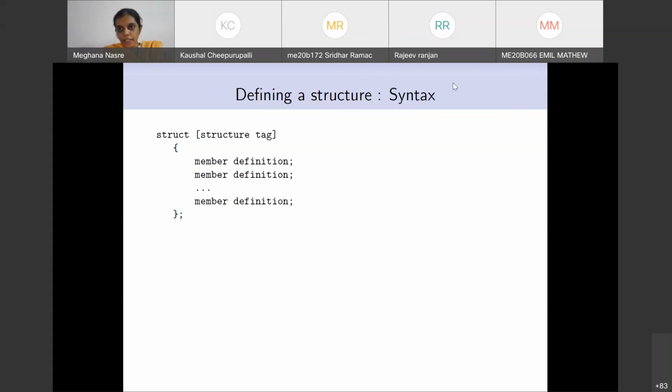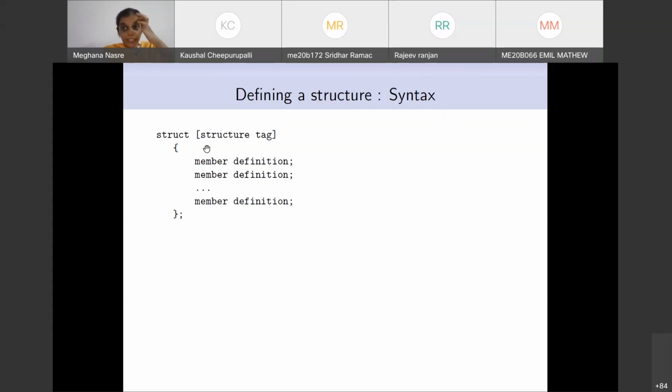So are you able to hear me, Kaushal and others? I mean, there's one student who says that not able to hear. Yes, ma'am, I can hear you. Okay, can other students? Okay, so I think Rahul, it is a problem at your end. Other people are saying that they are able to hear me.